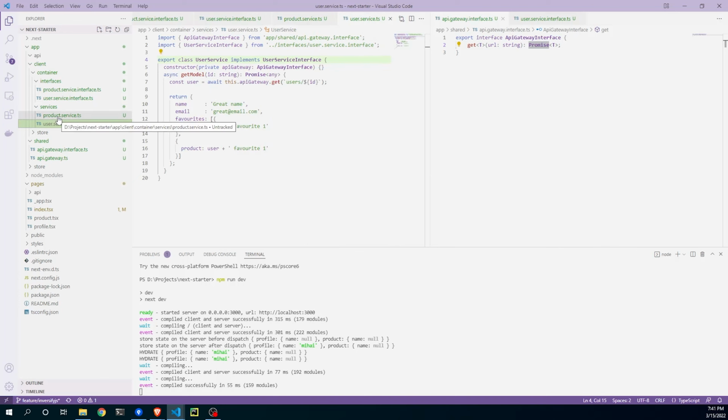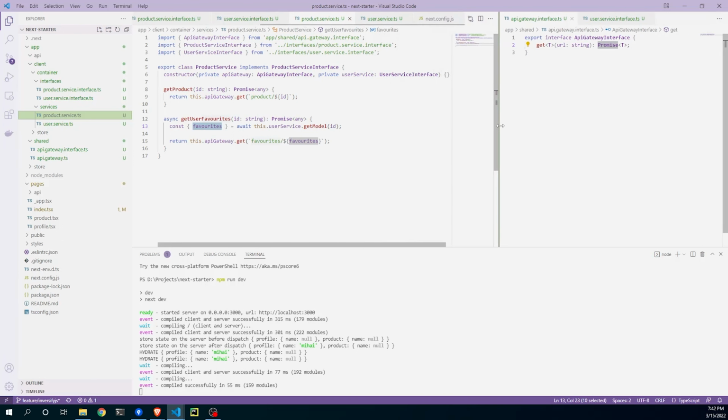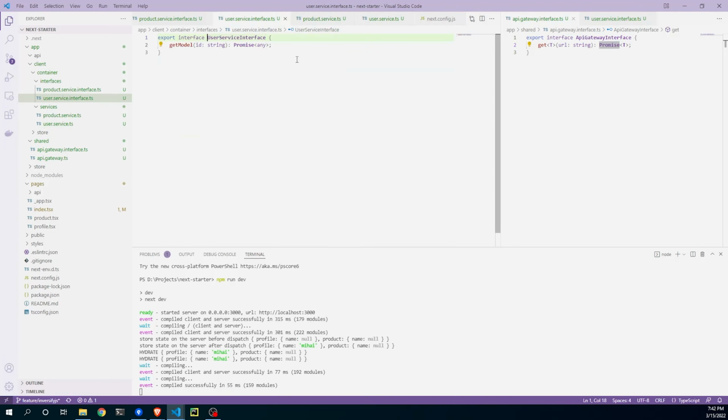These also are just as an example. We're gonna use this API gateway class. So for example, this user service implements the user service interface, which is just a get model on it,